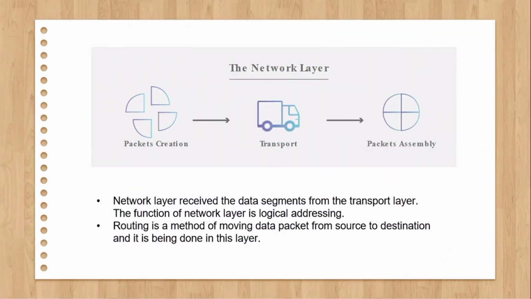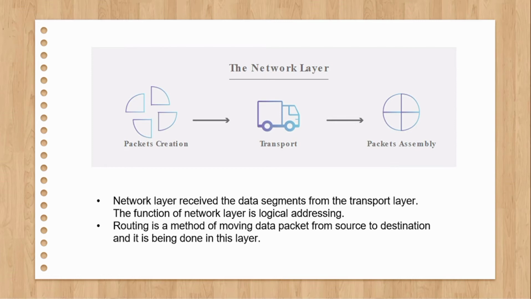Network layer receives the data segments from the transport layer. The function of the network layer is logical addressing. The lecturer's computer and the ULEarn system server have their own unique IP address. The network layer will assign both sender and receiver IP addresses to each segment to form an IP packet. This is to ensure that each data packet reaches the correct